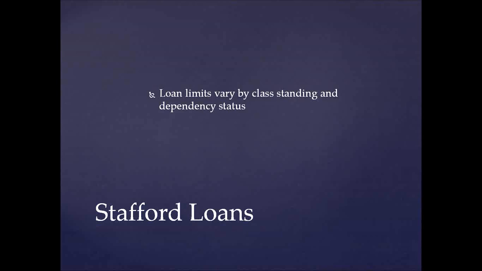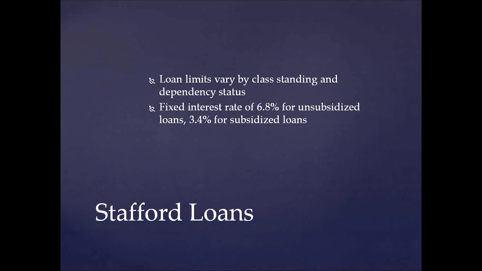Unsubsidized Stafford loans have an annual 6.8% fixed interest rate. Subsidized ones have an annual 3.4% interest rate, although I believe that this has actually gone up for the 2013 through 2014 year. So you should definitely check out the web page for that. You can go here to do that, and this will give you a little bit more information on the interest rate for the subsidized and the unsubsidized